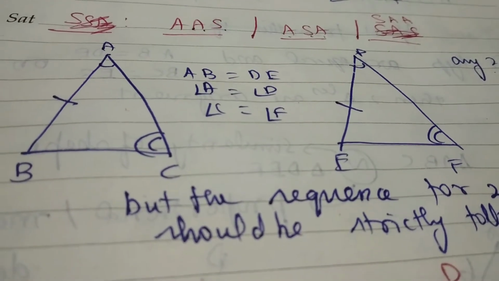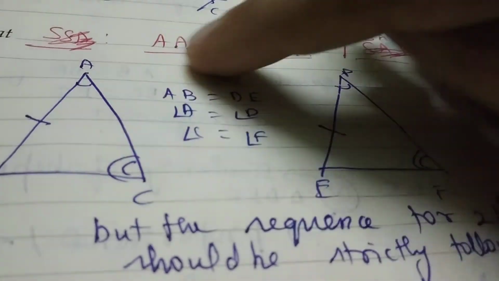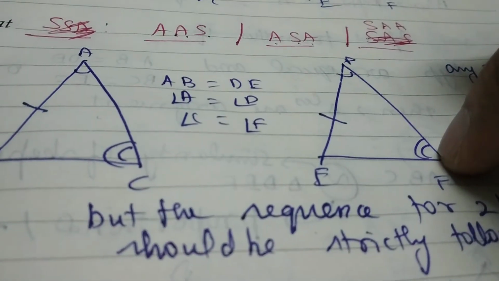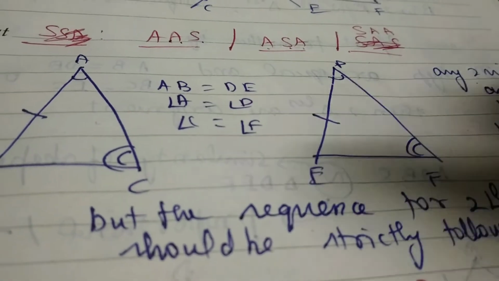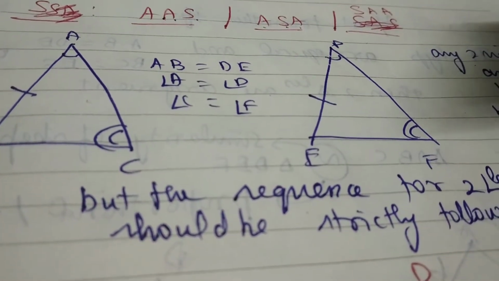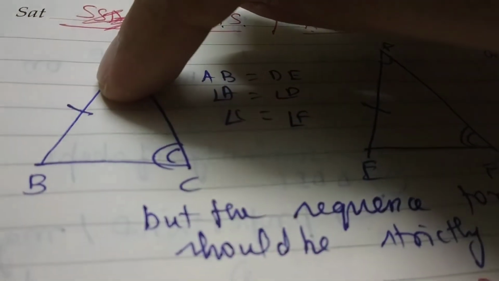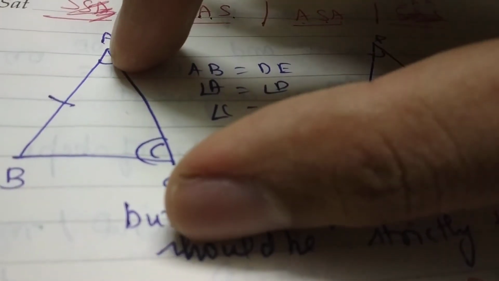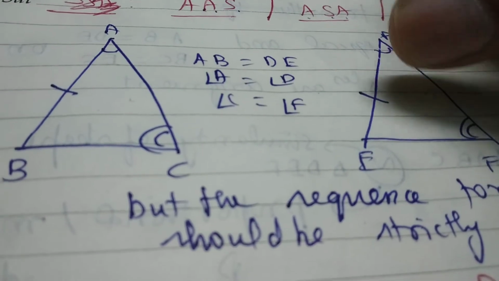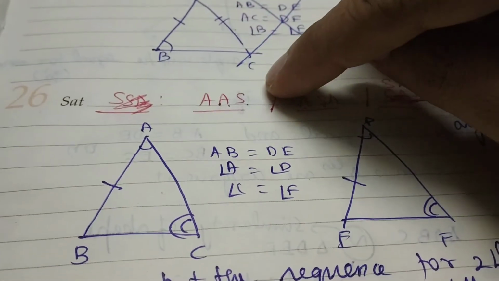Here also there is one trap. What is the trap? If I happen to say angle A is equal to angle D, angle C is equal to angle F, and if I say that AB is equal to EF, then my mathematics faculty will slap me. I have to prove the corresponding one side should be equal. Correct? Any two angles and one side should be equal. That one side should be the corresponding side. Okay? This is AAS congruency. This can also be